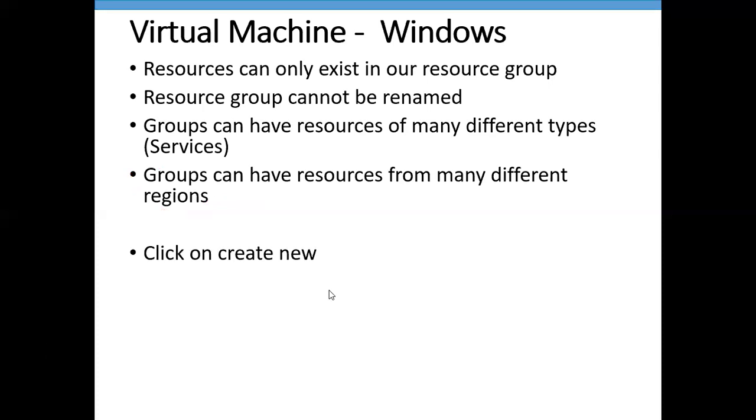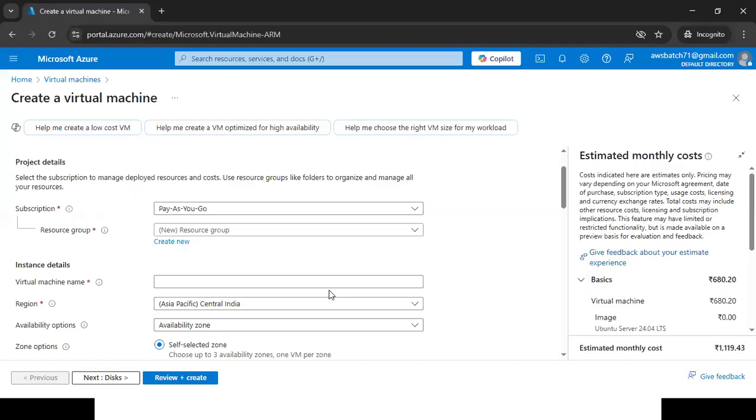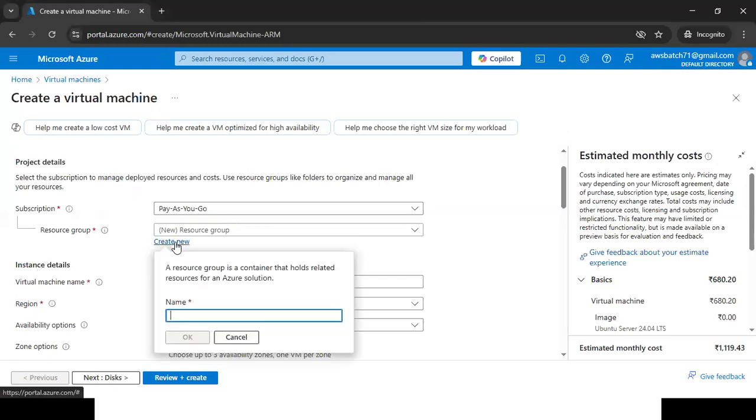Now, to create a resource group, there are two ways. One way is I can create a resource group from here by clicking on create. By clicking on create new, I can just give a name and click on OK. They will create this resource group. That is one. The second way is